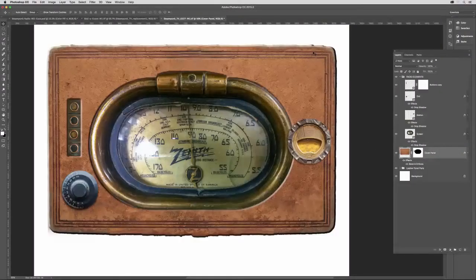But for now, it's time to dive into our project of the day, which is to turn that steampunk radio into a steampunk television, courtesy of some video compositing skills in Photoshop. Let's get going. All right, before we get into the video compositing part of this project, I want to review